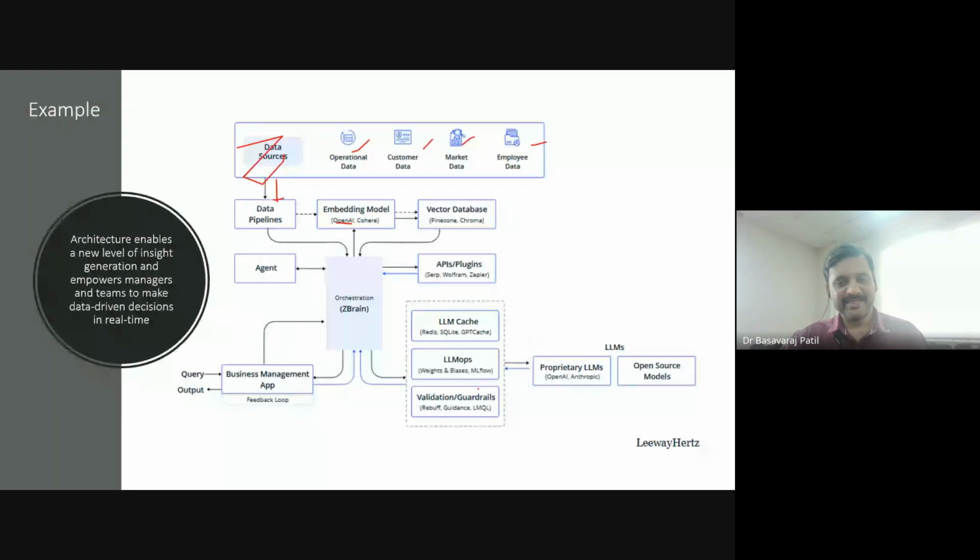We have different data sources which are considered from the operational data, customer data, market data, and the employee data. Using these sources, they are provided as the input for your AI model, which is embedded with OpenAI-based technology, other technologies, and various databases. They are processed, integrated, and evaluated with the LLM models, APIs, DevOps, LLM Ops, and validated with the different technologies which are required. Based on the evolution of the LLMs, large language models, the queries are answered for the users.